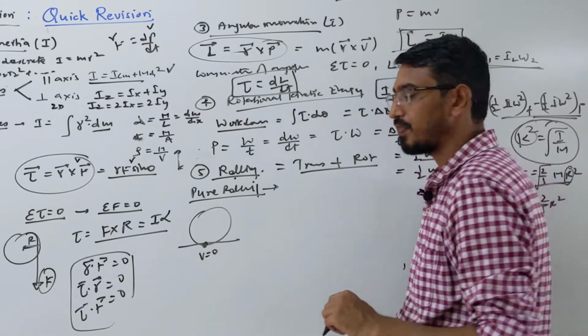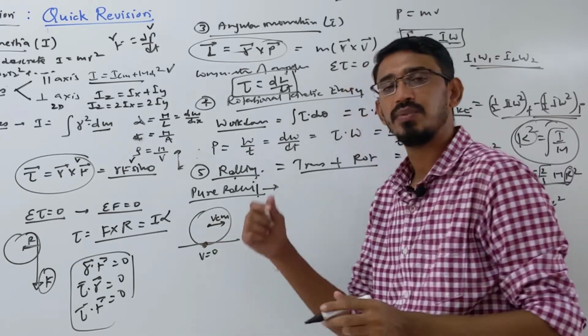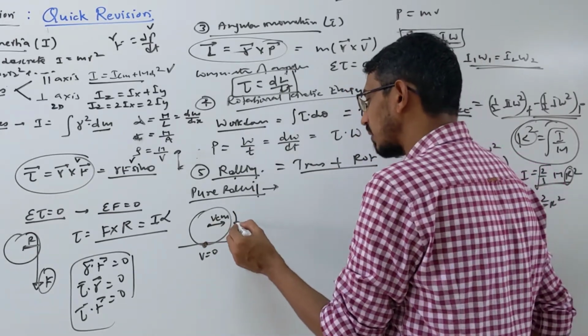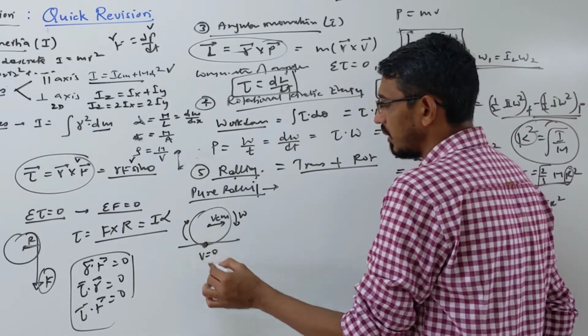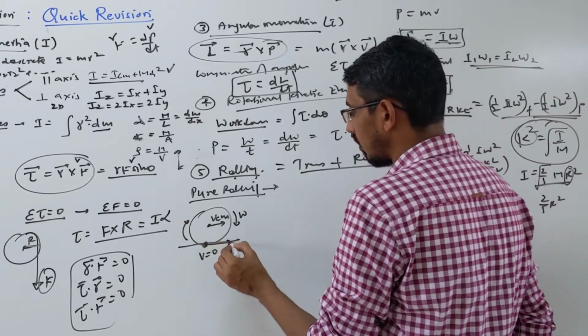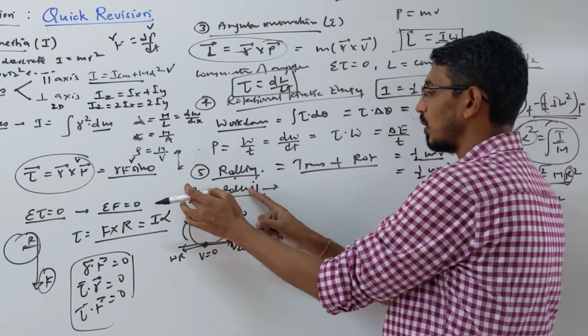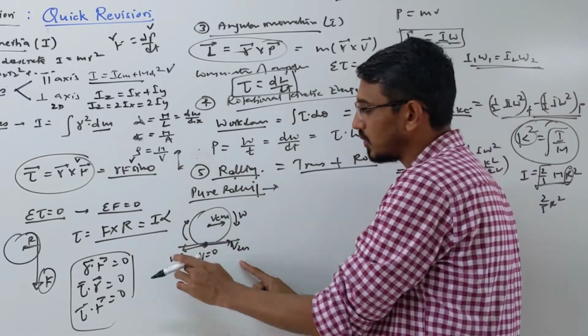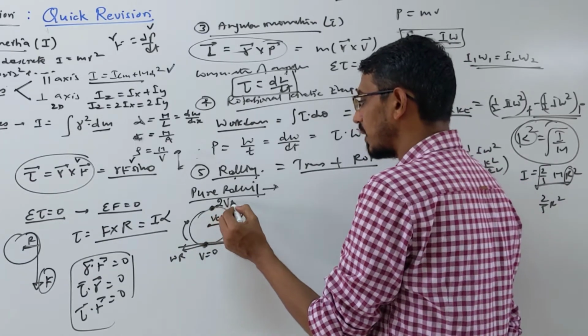Here we have two velocities, right? One is the linear velocity, which we represent as the velocity of the center of mass. Another is the angular velocity omega. Then we saw that at this point the two velocities are always in opposite directions: v cm is here and omega times r is here. For pure rolling these are exactly equal and opposite, so the net velocity at that point becomes 0. The velocity at the top point becomes double the center of mass velocity, 2 v cm.